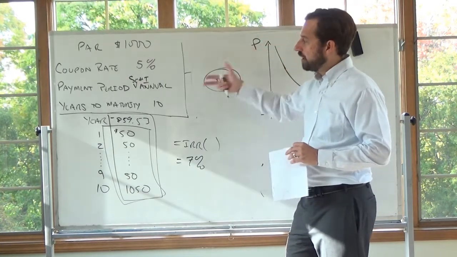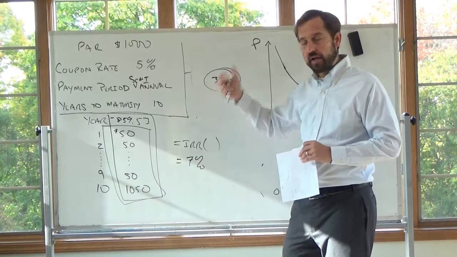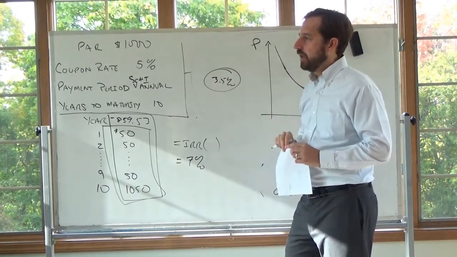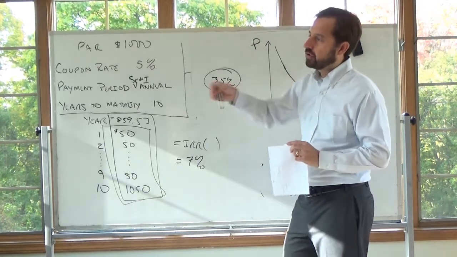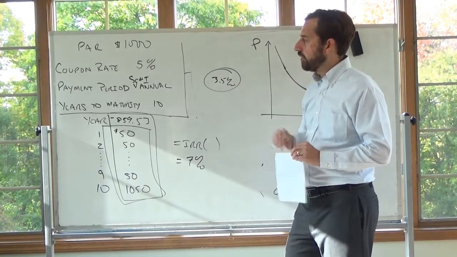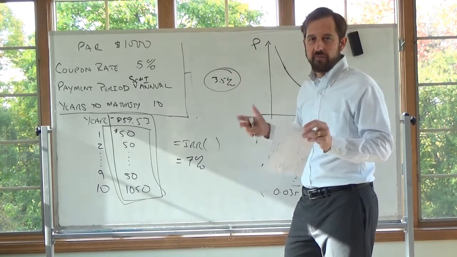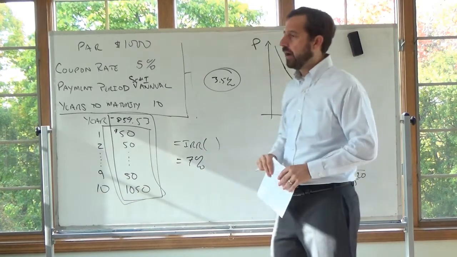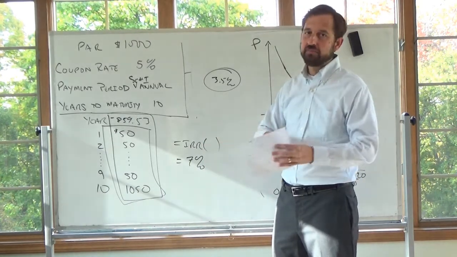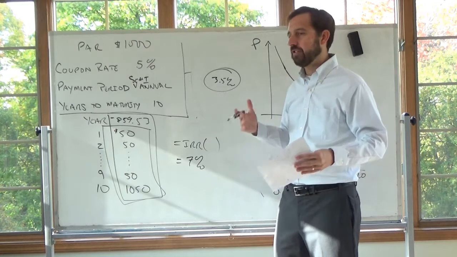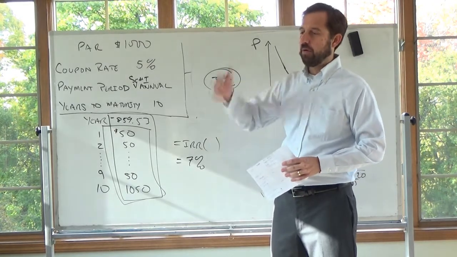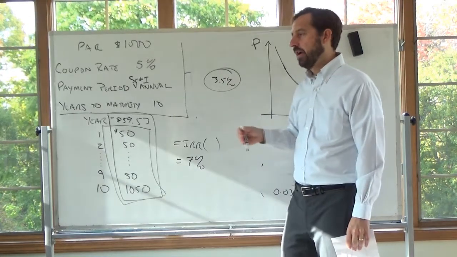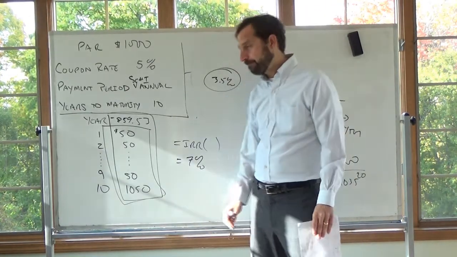So what we're talking about here is that bonds are risky. This is called interest rate risk, right? In fact, I'm not going to go too much into this in this class, but the idea here is the larger the time to maturity, the greater this sort of interest rate risk, the more sensitive the bond value will be to interest rate changes. So a 30-year bond has a lot of interest rate risk in it. A 1-month treasury bill has pretty much no interest rate risk in it. So if you want to invest in something safe, 1-month treasury bill, 6-month treasury bill, 1-year note, these are pretty safe. But as soon as you go to like 10-year, 20-year, 30-year bonds,